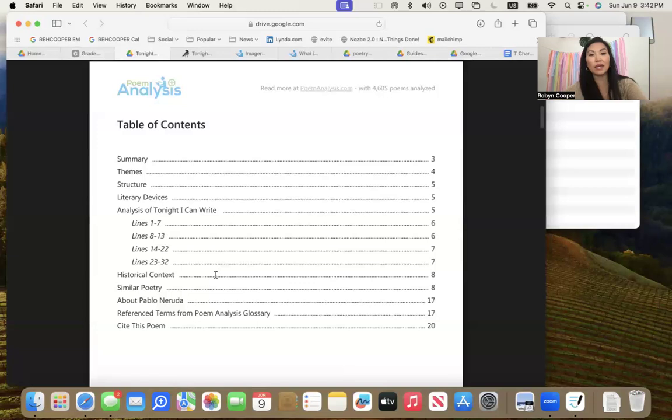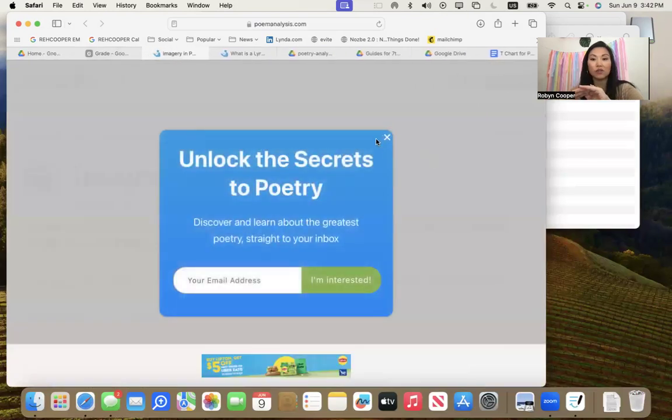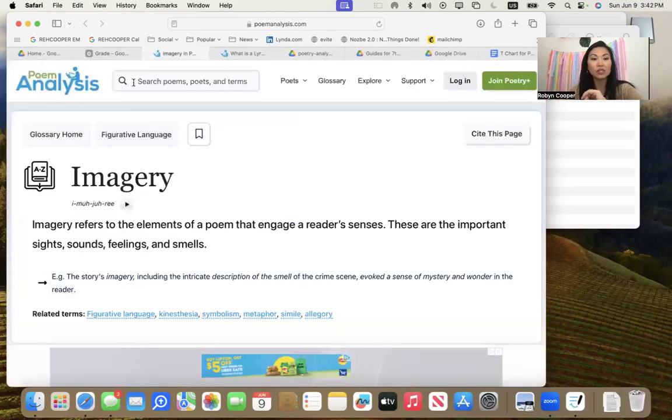In a poem analysis that comes from poemanalysis.com, by the way, there's a summary, the themes, the structure, literary devices, the analysis line by line. It's really honestly very good. The historical context of the poem, even reference tools to similar poetry and about the author, him or herself as well. So you will have access to those, and that will be like your answer key. In the guides, there's also a link to the poem itself that you could read online, just to make it easy for you. That is why I have done that.